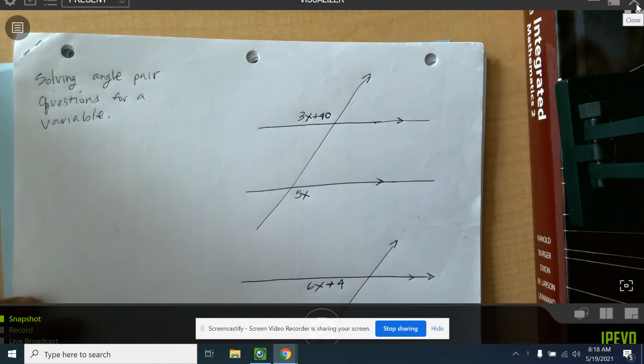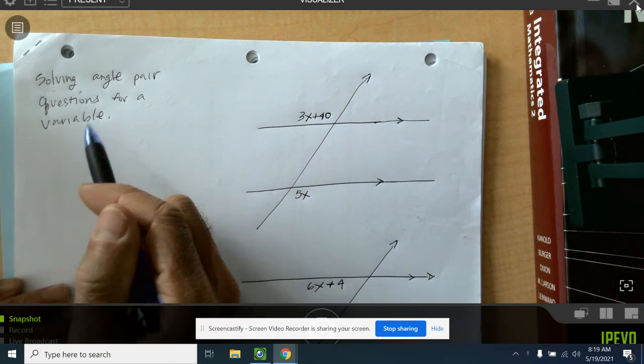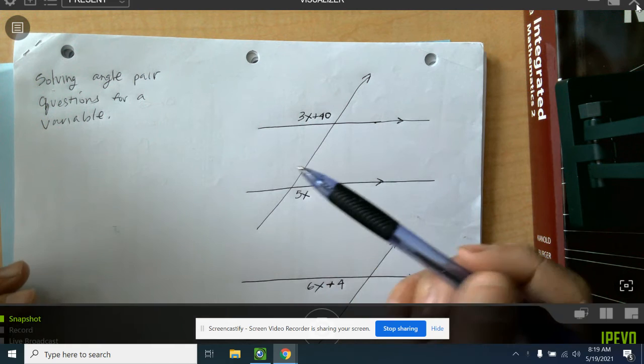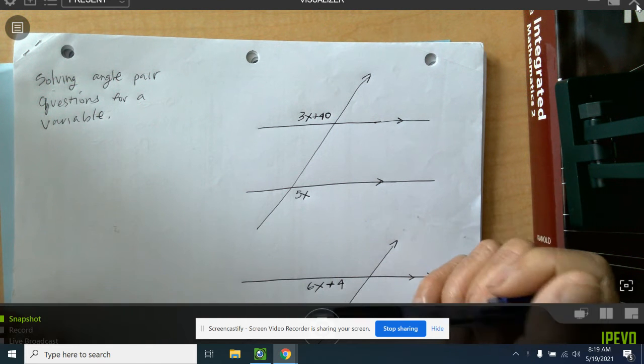Okay, so what we're going to do right now is setting up, which is the most important part of this: set up and solve angle pair questions when we're solving for a variable. There are a couple of things that you need to make sure you keep in mind. When you set up an equation, it's a relationship, and in all of these problems we're comparing in some way, either directly or indirectly,